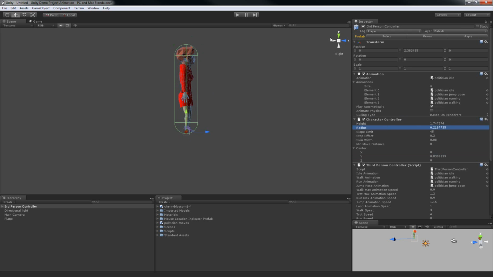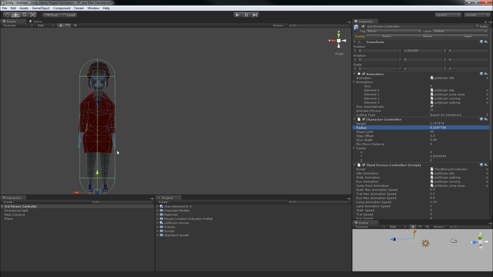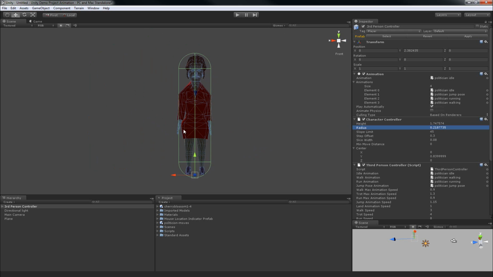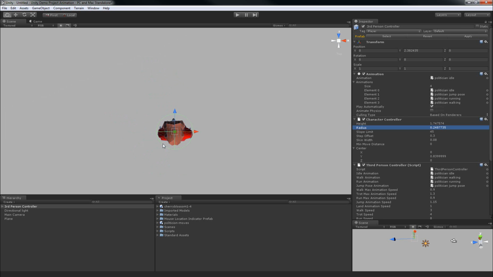We'll check from all these other angles as well, like the front and the top, just to make sure it's fitting properly. She's flown off the screen, so I'm going to hit F to zoom back in. That automatically centers on the object you've got selected, and as you can see, a little bit of her is poking outside of it, so I'll increase the radius a tiny bit. Boom, that's about right. Then we'll view from the top, and it should be fine. Yep,